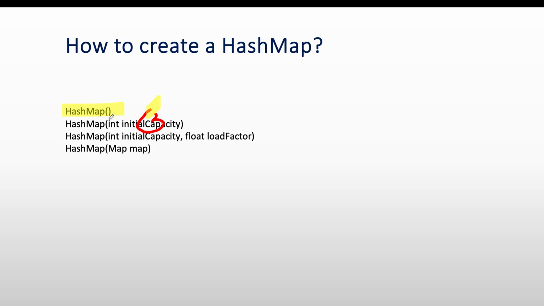The next constructor provided by Java allows us to provide the capacity while creating the hash map. Another constructor provided by the hash map allows us, apart from the initial capacity, to also provide the load factor. The default load factor is 0.75, which means when the hash map is 75% full, it is going to be increased automatically, right? Similarly, if we want to change the load factor, we can provide it at the time of creation. And the fourth constructor provided by the hash map allows us, during creation, to provide any existing hash map.